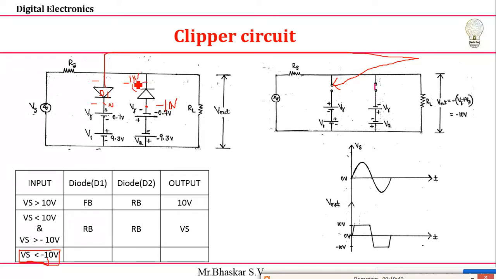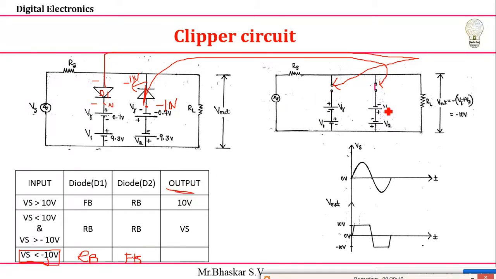So let's take minus 11 volts. What will happen if the cathode voltage is less than the anode voltage? Then our anode voltage is high, right, then it acts as a short circuit. So that short circuit is what I'm getting here. See that diode D1 is reverse biased and D2 is forward biased. This is the reverse biasing condition and this is forward bias. Once this happens, then easily I can write my output voltage.